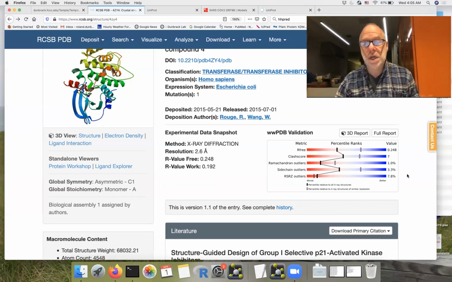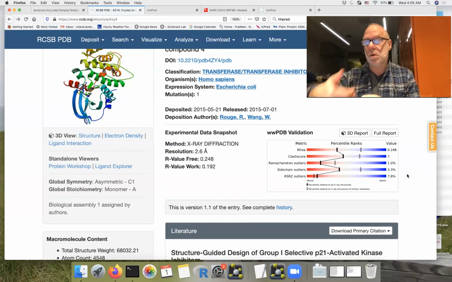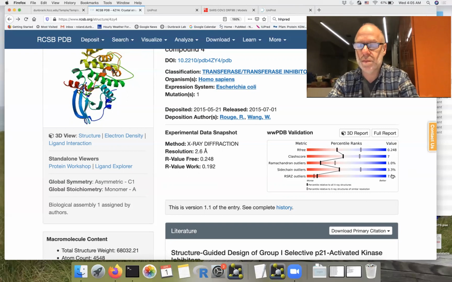And the same thing for the sidechain outliers. How many rotamers are either very rare rotamers altogether, or the dihedral angles are not even rotameric when they should be. So a structure that had a 120-degree dihedral angle for chi1 instead of 60 or 180 would be considered a sidechain outlier. And it's just done as a percentage of all of the sidechains, 3.3%, which is not too